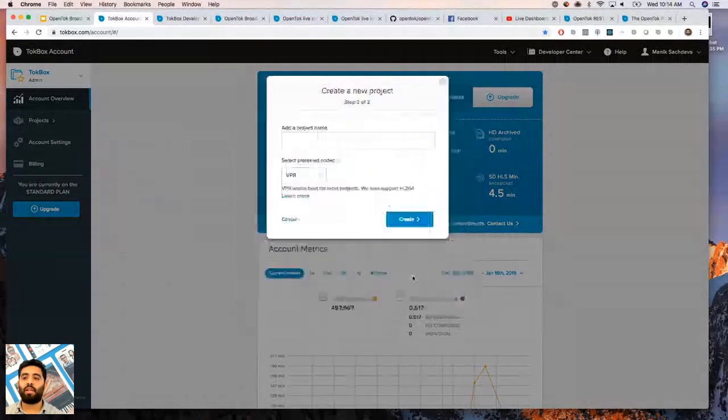So we're going to go ahead and click here. We're going to add a project name. We're going to say building with OpenTok Broadcasting. Not that creative, so I'm just going to go with something simple. And then preferred codec. If you have questions about codec, I highly recommend you read this article right here. We're going to stick with VP8 here, as that's the one that's most broadly supported at this time. We're going to click create